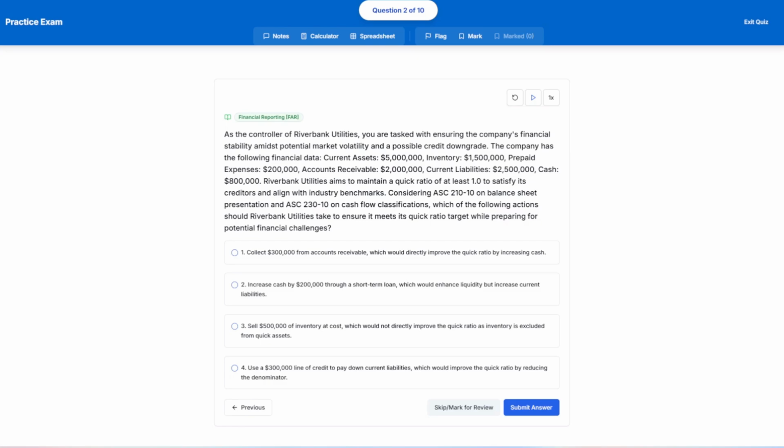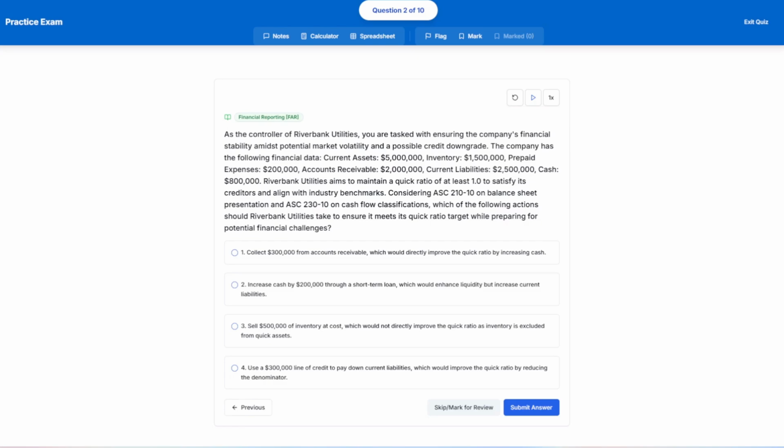This is all about liquidity, and it ties into ASC 210-10 on balance sheet presentation and ASC 230-10 on cash flow classifications. Let's dive into the options one by one. Option 1 suggests collecting $300,000 from accounts receivable. This option might make your heart sing because it increases your cash, which is a quick asset, and doesn't affect